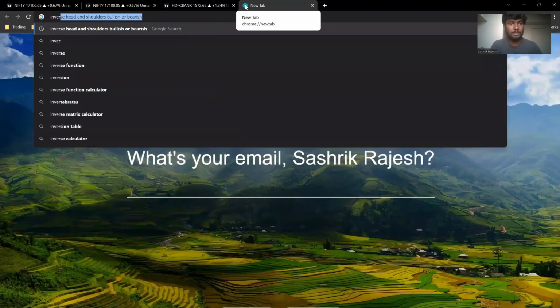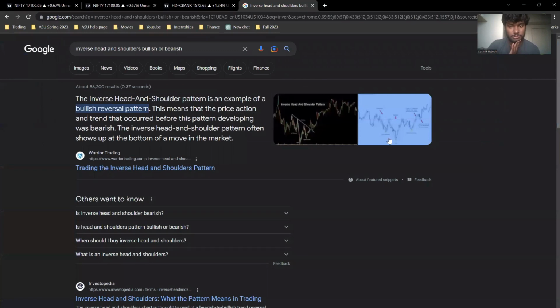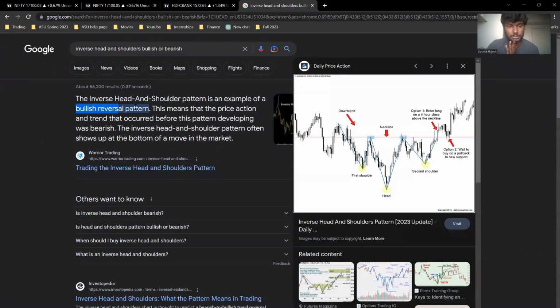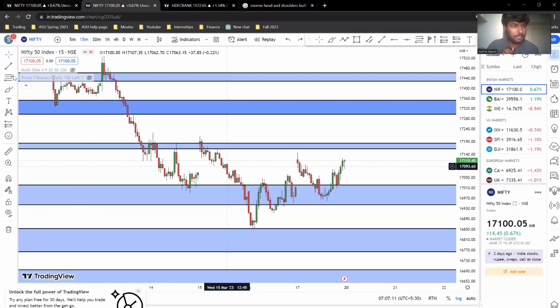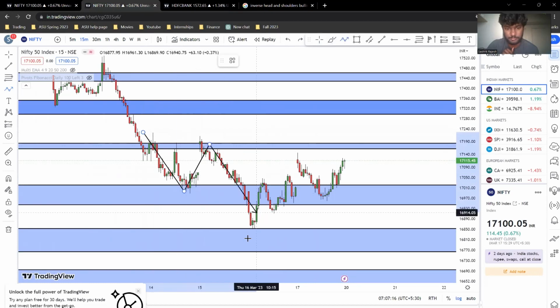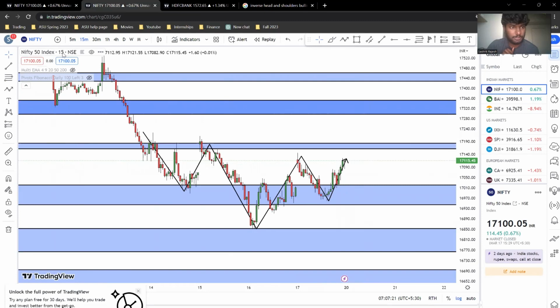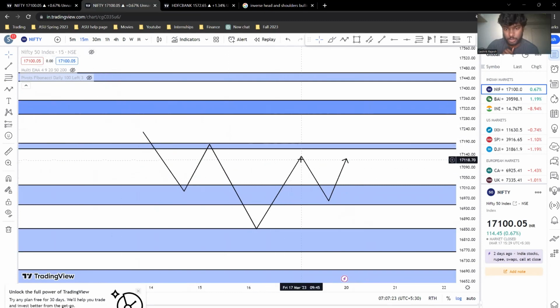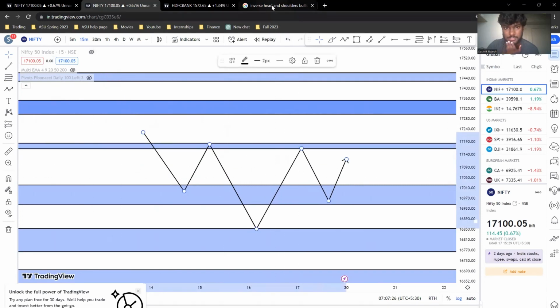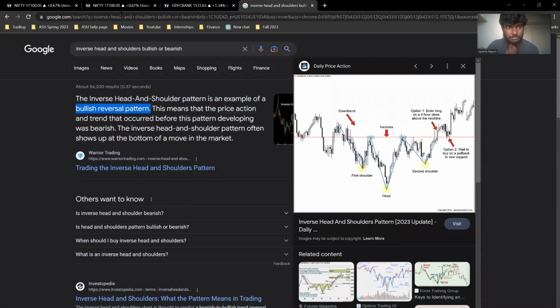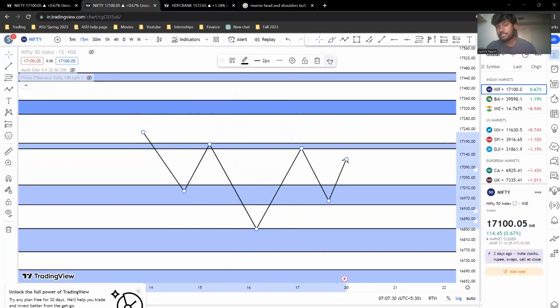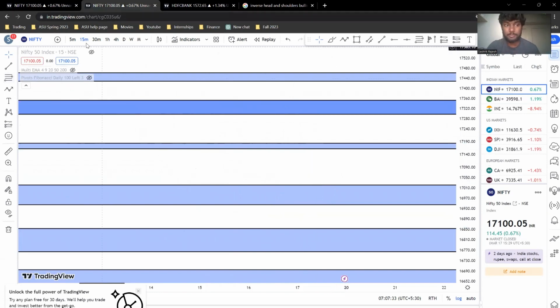So if I type inverted head and shoulders, you can see here it's a bullish reversal pattern, and this is how it looks. If I go here and I just mark the points, all right? And now if I close this, what does this show you? Does this show you the same thing which is here? Yeah, so this is basically a bullish pattern, but it's only a bullish pattern on the 15 minutes time frame,